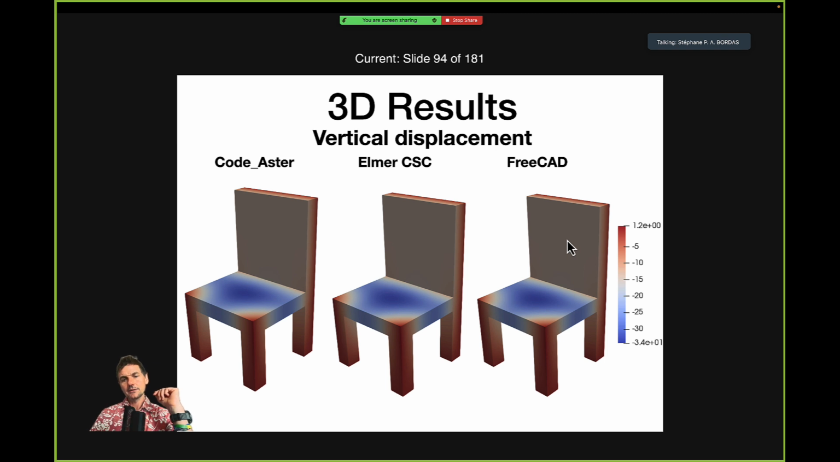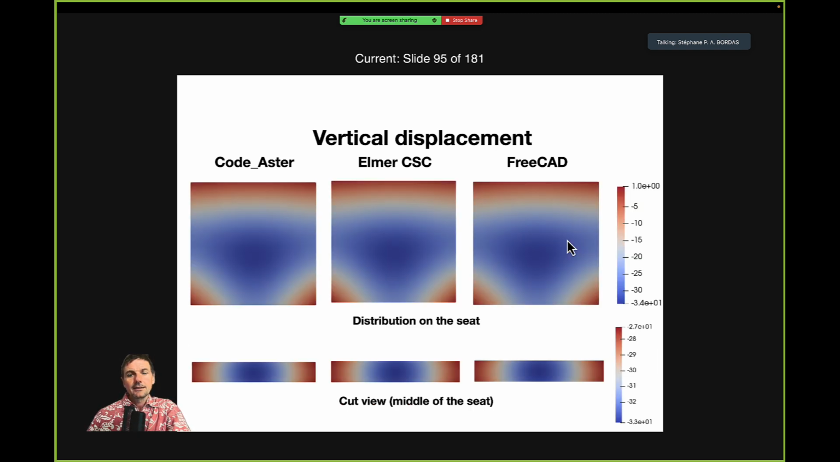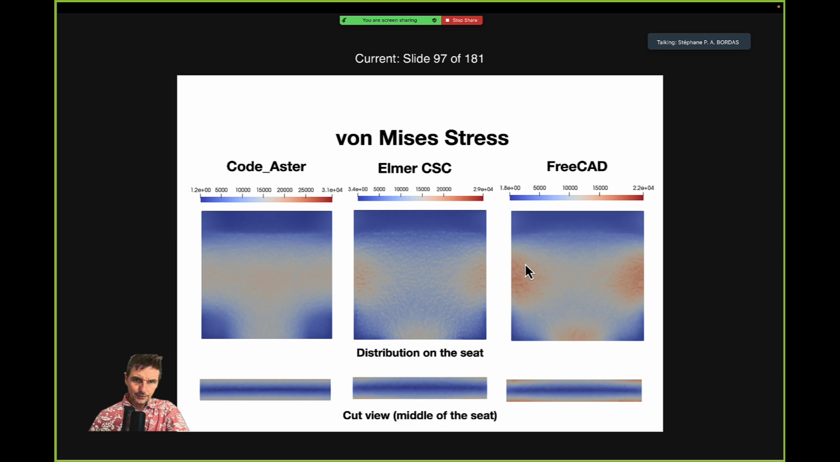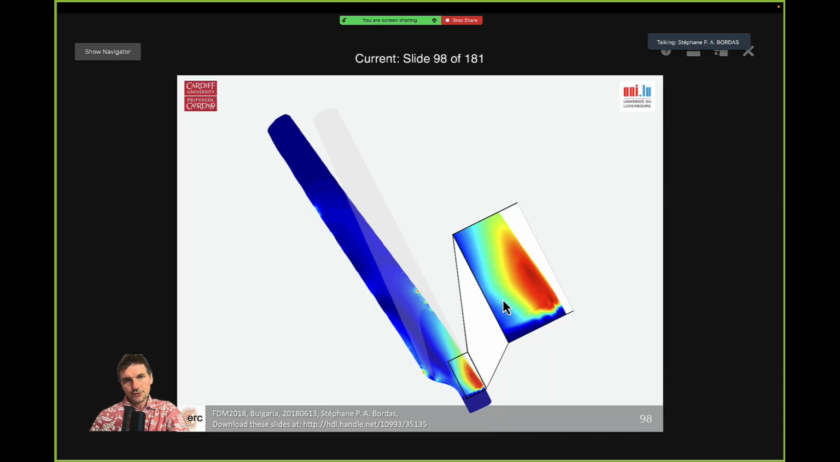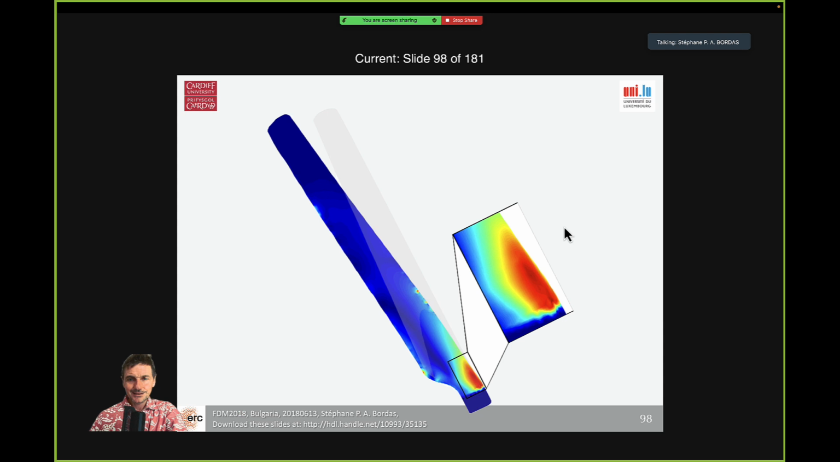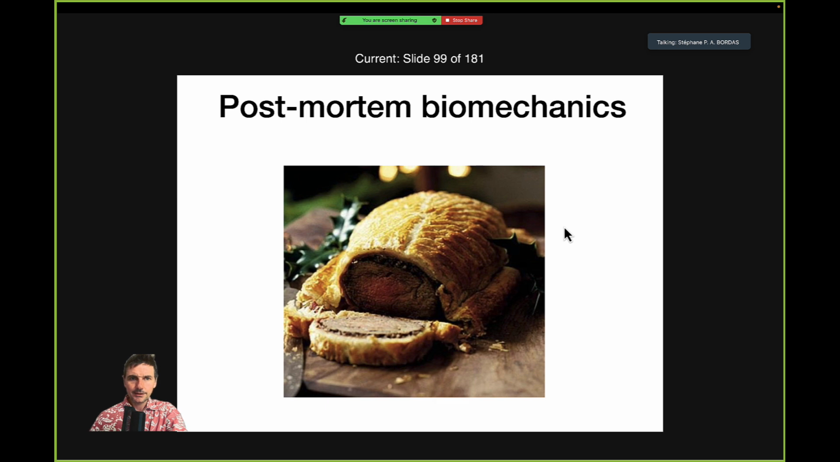And we are comparing all 3 solutions between what we're doing and the different solutions. So yeah, if you look at the cut view of the distribution on the seat, you see that there is barely any difference. If you compute the von Mises stresses, you see that there is quite a good distribution. And finally you see this. This is basically a wind turbine blade that we were working on, and